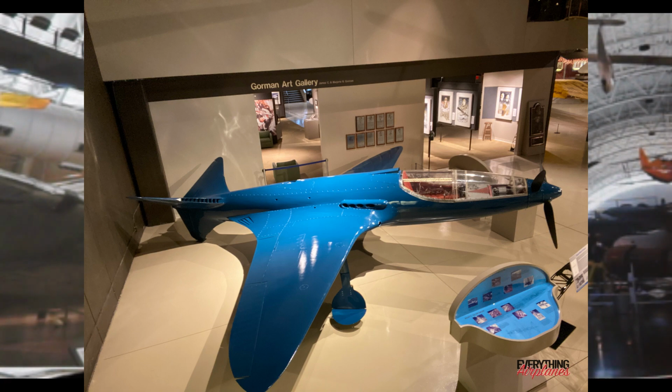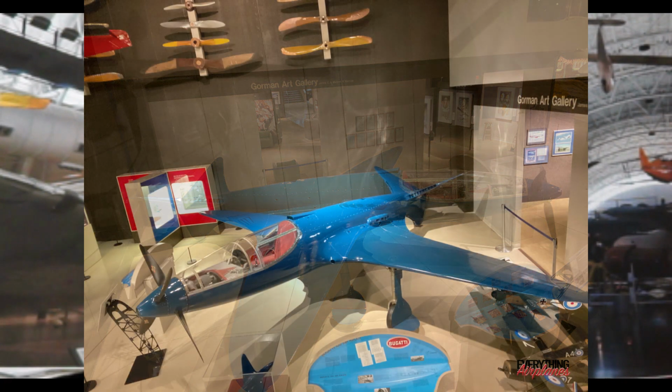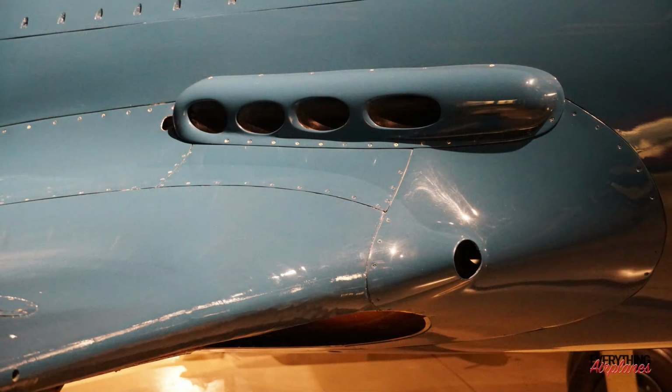Pretty amazing machine. You look at all the different innovations that were designed and built into this airplane. The V-tail, that didn't come around in the Beechcraft Bonanzas until the late 1940s and 50s. Retractable landing gear was available, but if you look at the pictures, how streamlined this was, and I think a